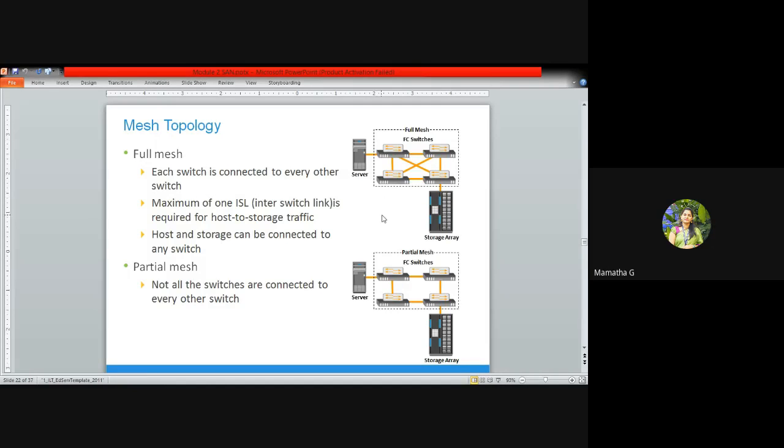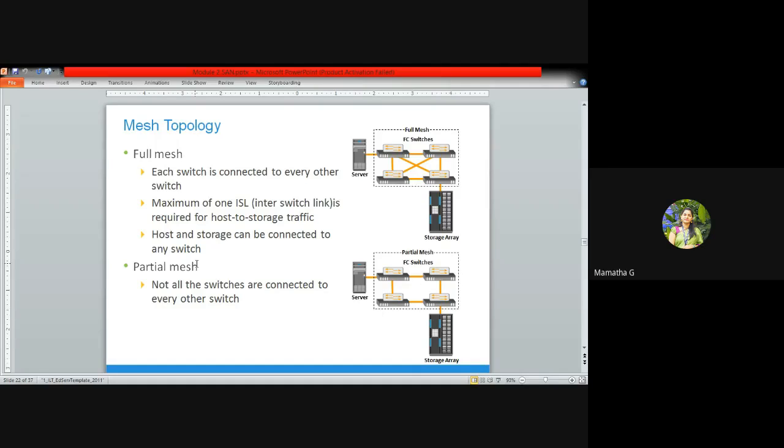In full mesh topology, each switch is connected to every other switch. Here, the first switch is connected to the remaining three switches, the second switch is connected to the remaining three switches. In this way, the main difference is that each switch is connected to every other switch.